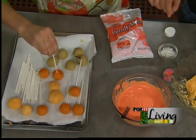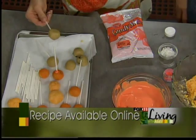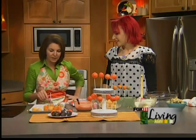In we go. Now here's another way to do cake pops. Cookie dough you can use. Yes, eggless cookie dough, and I provided the recipe on your website too. That's a cool idea. Even easier because you don't have to use the frosting and the cake. So another way. You can go to our website and get her eggless